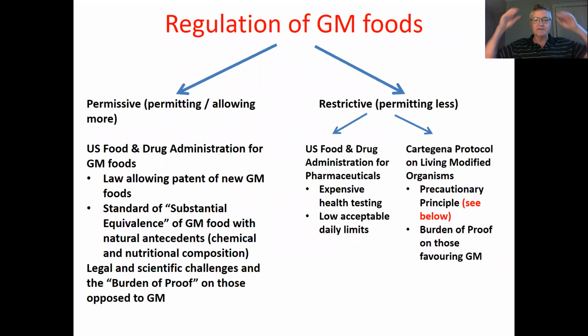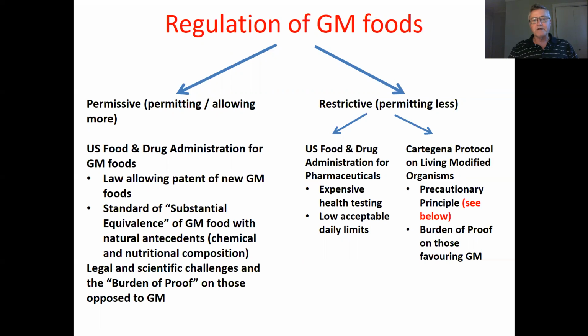So just to sort this out then, we have this very permissive regulation of transgenic foods in the United States under the US FDA, Food and Drug Administration ruling. So it allows for patenting of new GM foods is the first thing that it allows, things that can be seen as new so you can get a patent on them, so they're a little bit different, and also combining that with a substantial equivalence, so not too much different, right? This burden of proof being quite challenging for those opposed to GM foods to get those